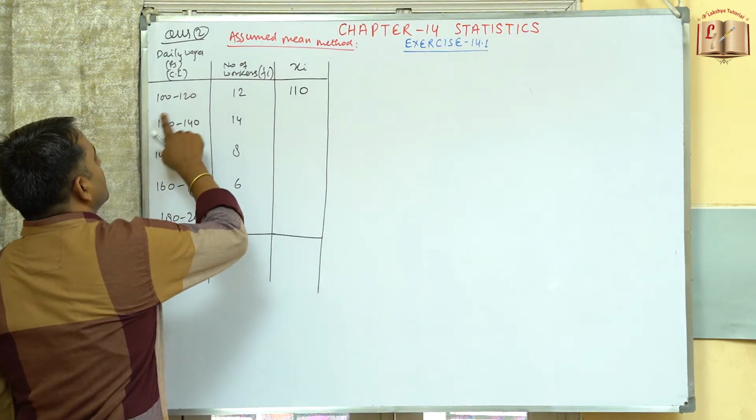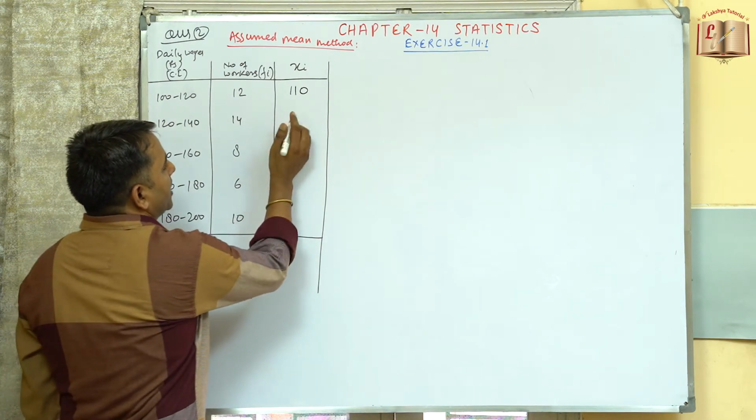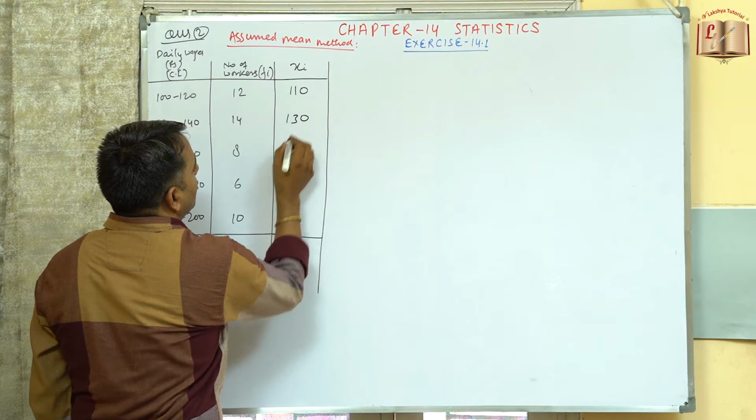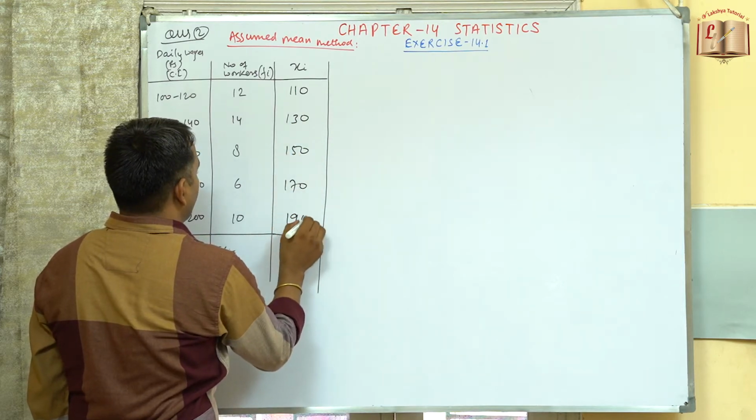और सी यहाँ पे डिफरेंस कितने का आ रहा है 20-20 का, तो सारे इंटरवल्स क्या होंगे 20-20 के डिफरेंस पे आते जाएंगे. सो नेक्स्ट विल बी 130, 150, 170 एंड 190.